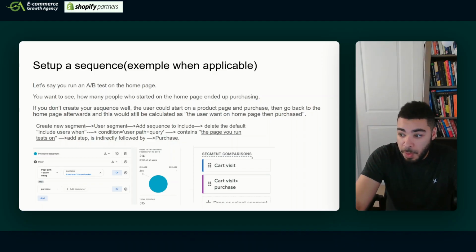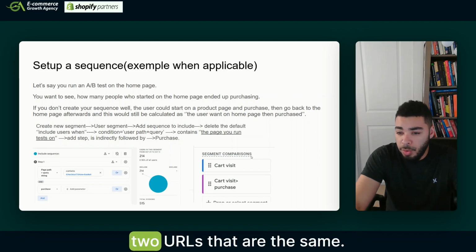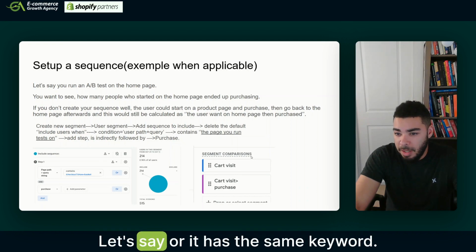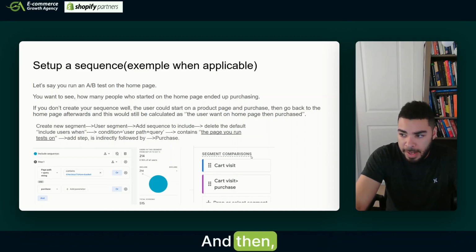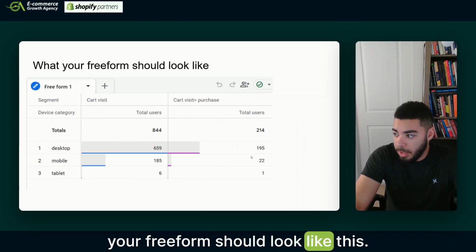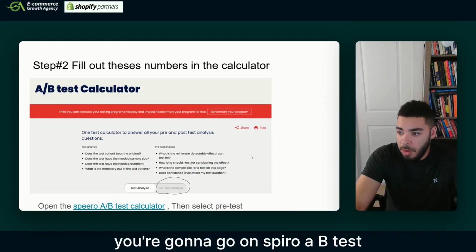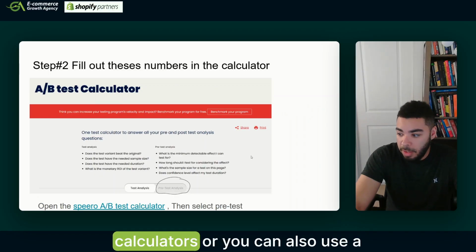You also need to make sure that your URLs are unique. You don't want two URLs that are the same, or that have the same keyword, because then your data will just be messed up. Your freeform should look like this. Then once you have found your conversions and your traffic, you're going to go to Spiro A/B test calculators,